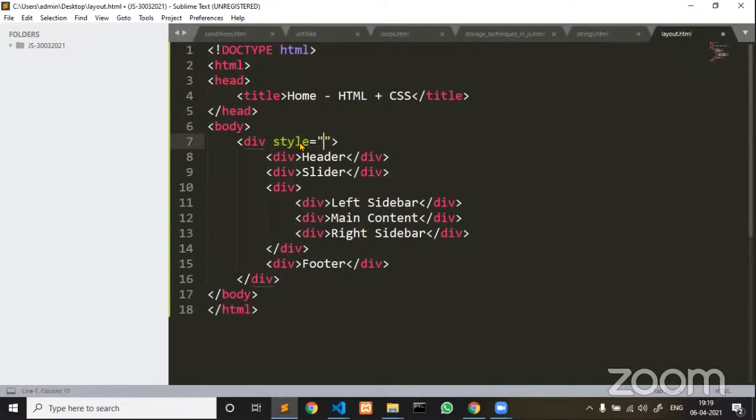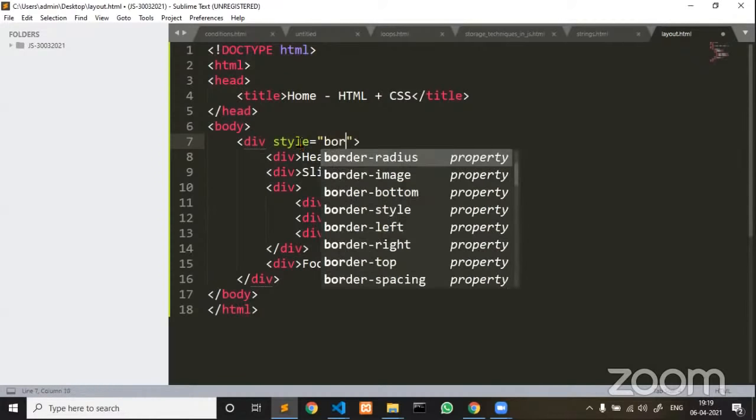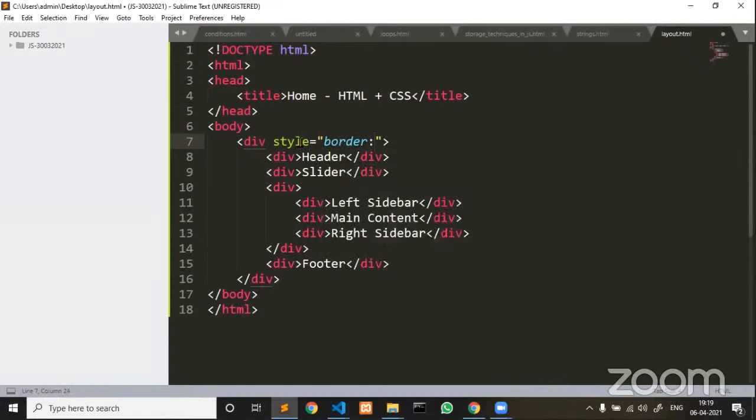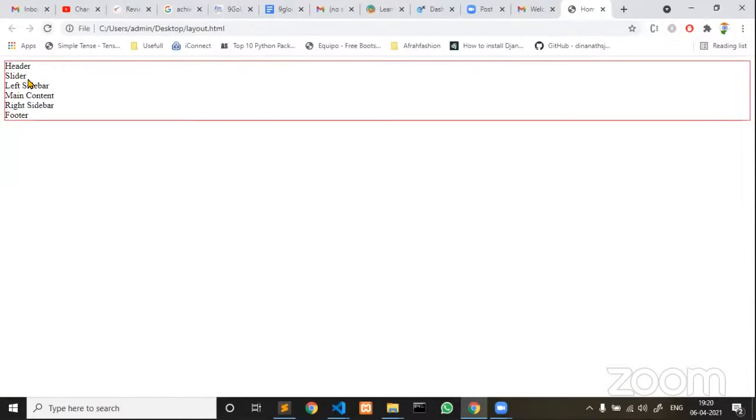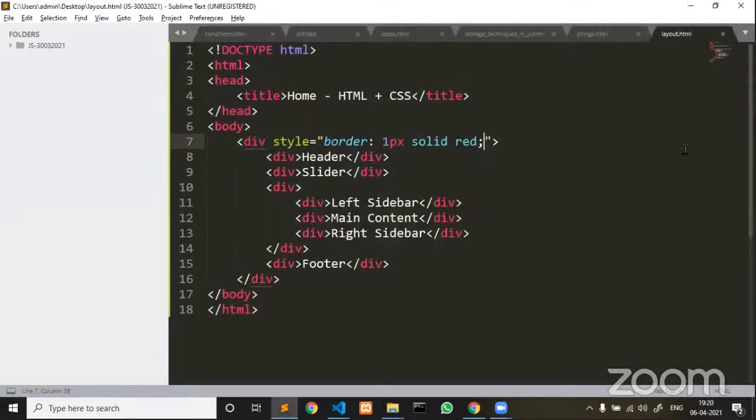For a parent, I am giving style followed by the property border colon 1 px solid red. 1 pixel is the width of the border, solid is the style of the border, red is the color of the border. That is what I am building. Border 1 px solid red. If I refresh, since I have given a border for the entire parent, you can see a border on all 4 sides. Slowly, according to our requirement,